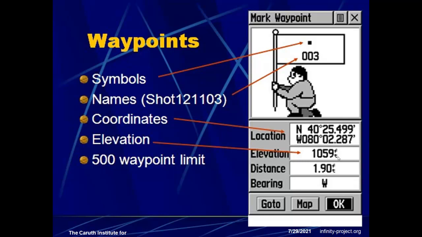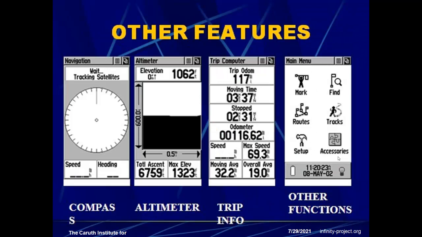After that, from the memory unit, we can manipulate the data on the computer. From the computer, we can map the particular area values using GIS software like ArcGIS, Quantum GIS, and a lot of other mapping software. Other features are tracking satellite, altimeter, trip computer, and main menu.